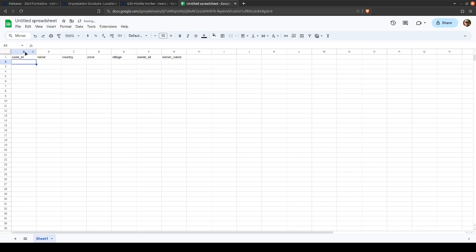So this is the unique ID for a case. These are all properties that we define. Actually, name is also a default. Every case, every row, has to have a name. But then these ones are properties that we defined ourselves. When we made the case, we declared these properties, and